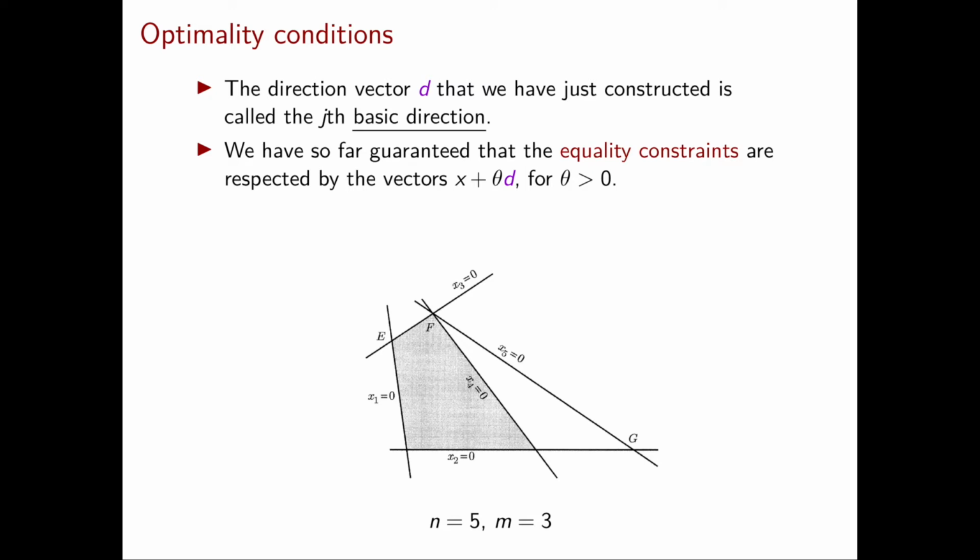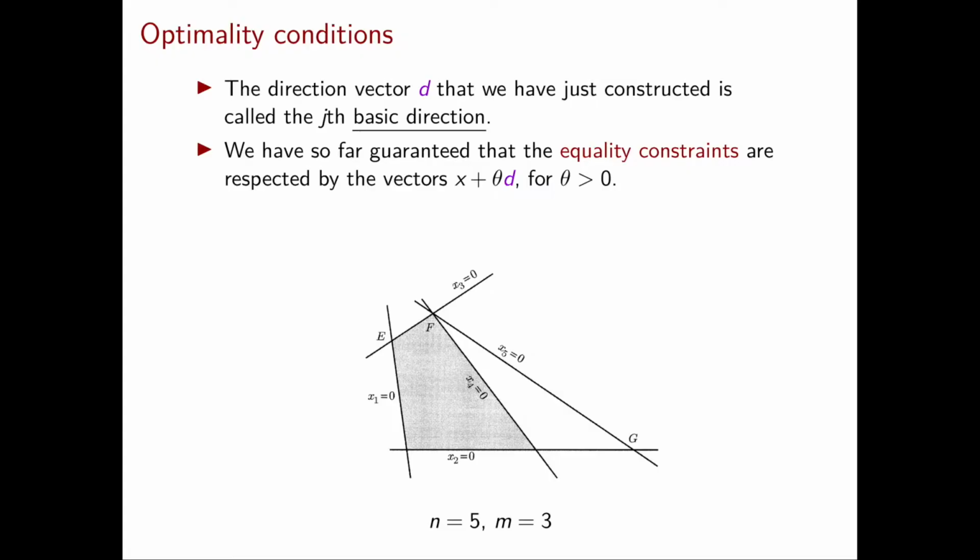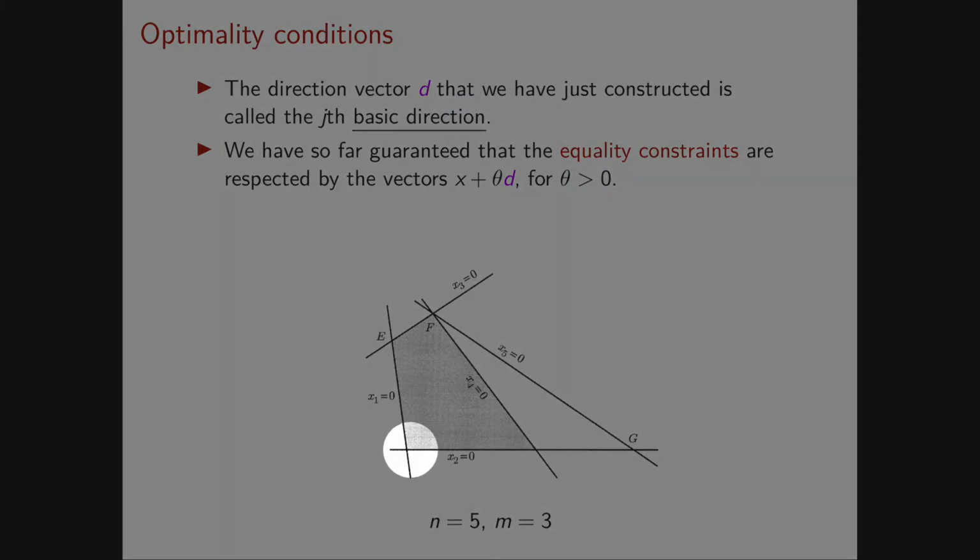In the first basic direction, we increase x1 while keeping x2 equal to 0. So the horizontal line is those of the point with x2 equal to 0. So we will be moving from x along such a line. But the question is, are we moving right or left? Well, in this vector, x1 is equal to 0. So going in one direction will decrease x1 and in the other it will increase it. But how can we understand which direction is which in the picture?